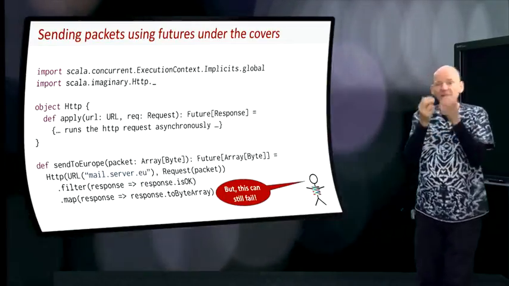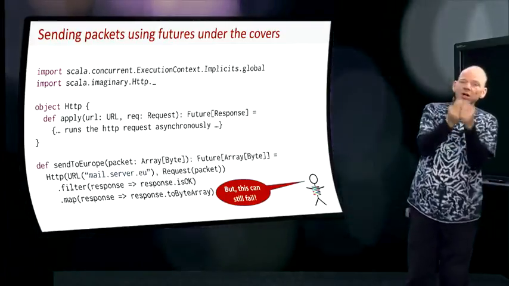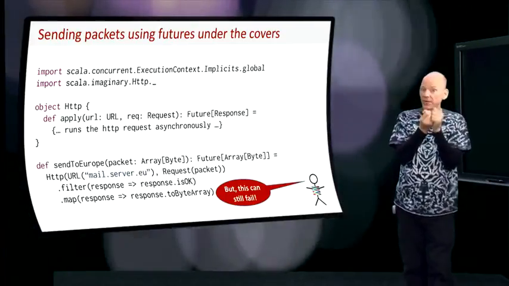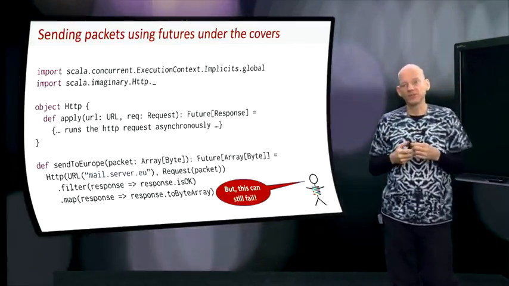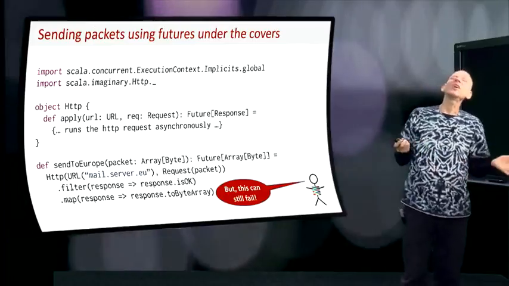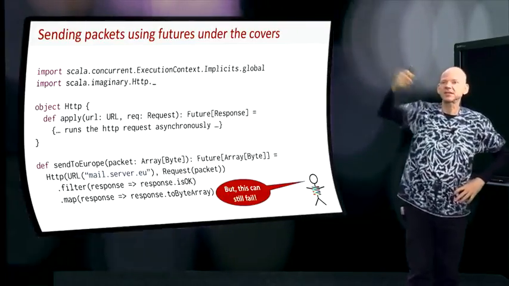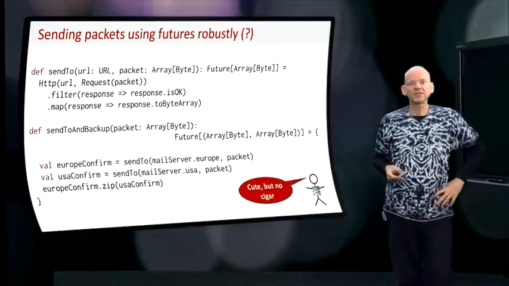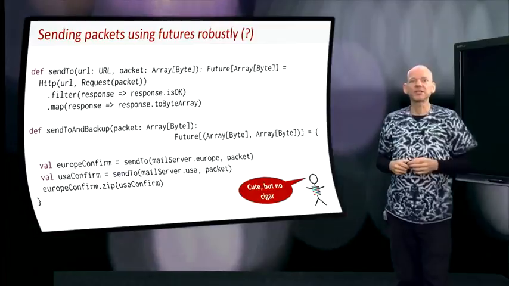So let's try to make this code more resilient, all right? We want to make 100% sure that when we send the packet, it actually reaches the server in Europe. One way to do that is, why don't we send this packet twice, to 2 different servers. So here is what we do,